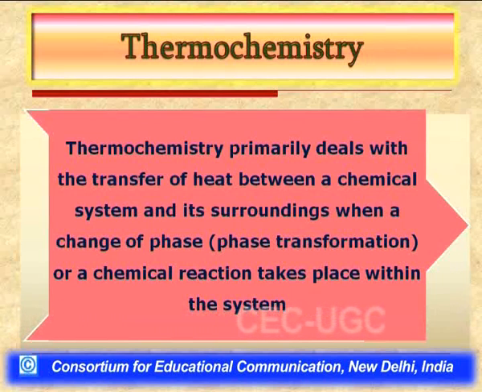What I mean to say by this is that, suppose we have a system, and in the system we carry out a certain chemical reaction, or a phase transformation, which means a chemical substance undergoes a change in phase from solid to liquid, or vice versa, or a liquid can undergo conversion to vapor phase, or a solid can directly convert to a gaseous phase, and gases can also be condensed straight away to solid. So all these are examples of phase transformations.